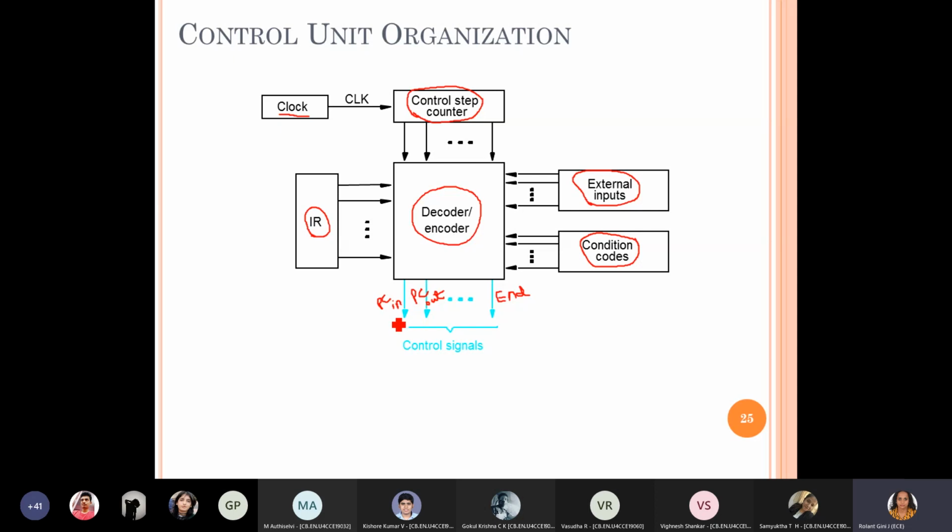So that we get what we require here. What we require here are the different control signals based on all these situations, based on all these inputs, right? These are the statuses we are having, the inputs, and this is the required output, okay.